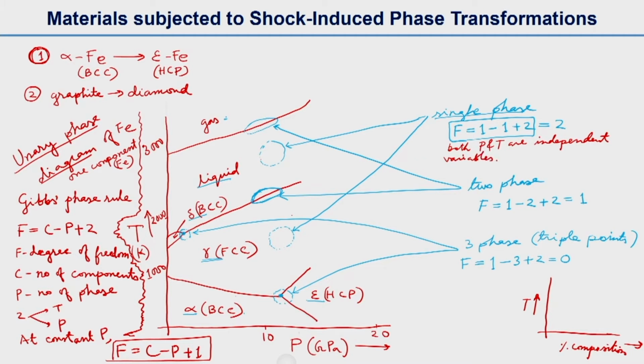That means you can vary P and T inside these single phase regions, but for the two phase case, if you see here F is equal to 1, so that means only one variable is independent, only one independent variable,